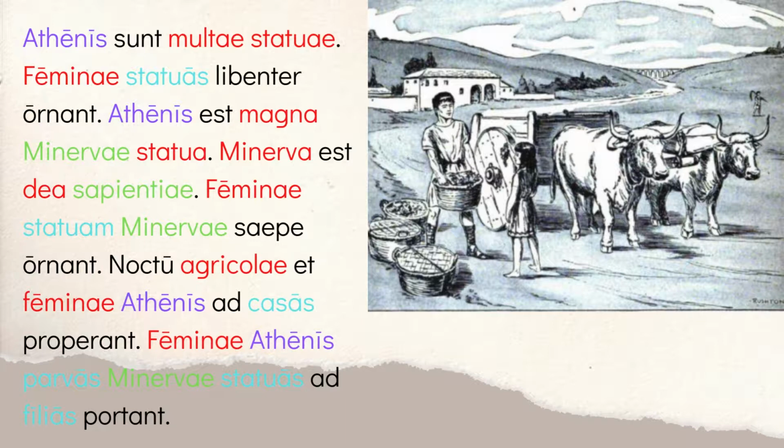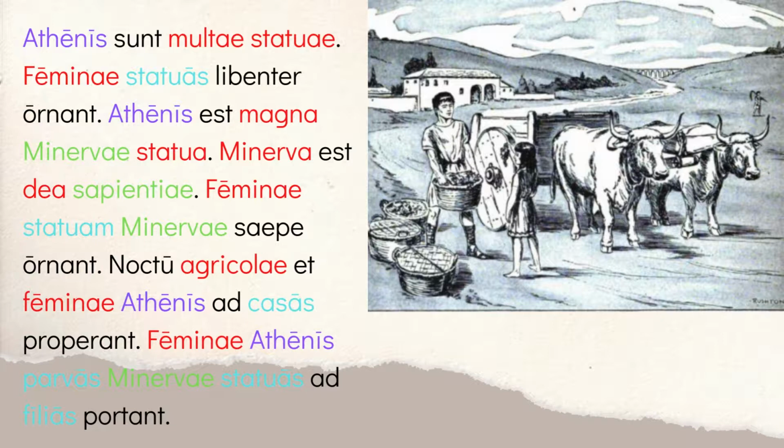So whenever you run into this problem where you're seeing an ablative here, there's no preposition, try both options. Are they hastening inside Athens to go to their cottages? Or did we just say farmers don't live in the city? They'd be going from Athens back to their casas. That's the one that makes the most sense. So the context will kind of guide you to the right answer. So at night, they leave the city and they go home.